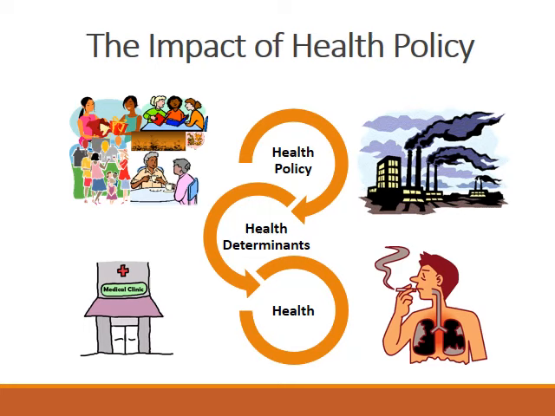Now this next slide goes over how health policy affects health and the relationship they have with health determinants. Health policies affect health through an intervening set of health determinants. Health determinants in turn affect health. This figure is an example of the impact of health policies on health determinants and health. The images surrounding the figure share different types of health determinants such as physical environment, access to care, behavioral choices,